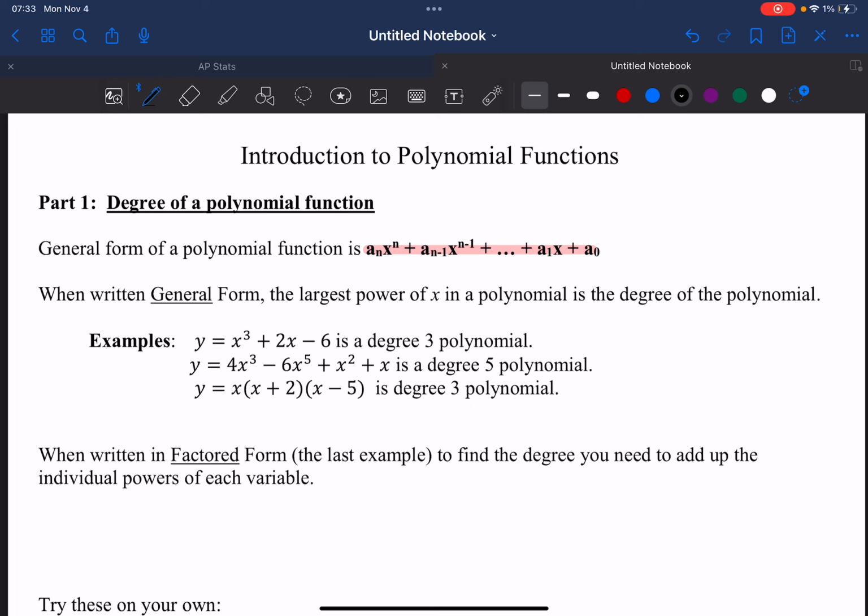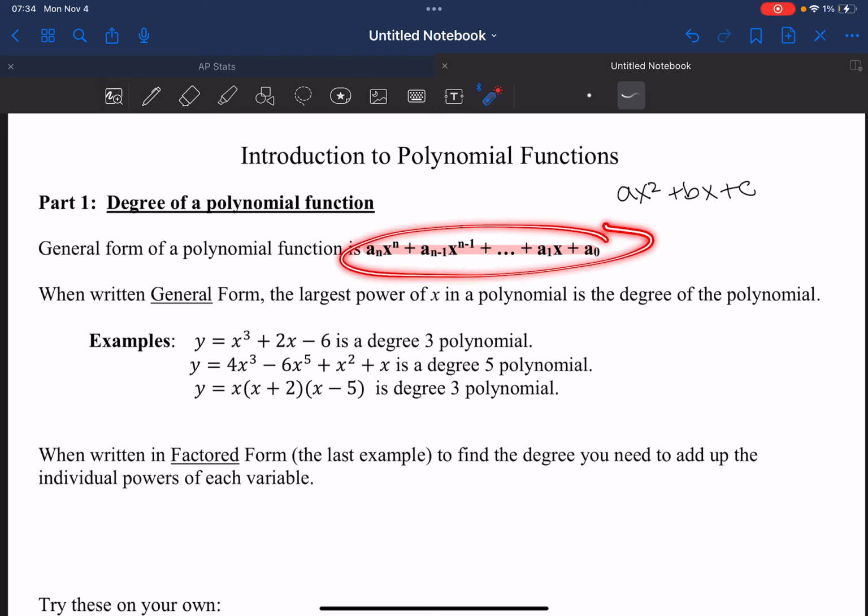We learned about polynomials last unit when we learned about quadratics, okay? And remember, our general form, or standard form, of a quadratic was ax squared plus bx plus c. This form here is similar. Instead, it accounts for a degree higher than 2. So a to the n, so that could be like degree 3, okay? X to the n minus 1, so that'd be x squared. Continue on for however many exponents we have, and then x, and then our c value, that constant,